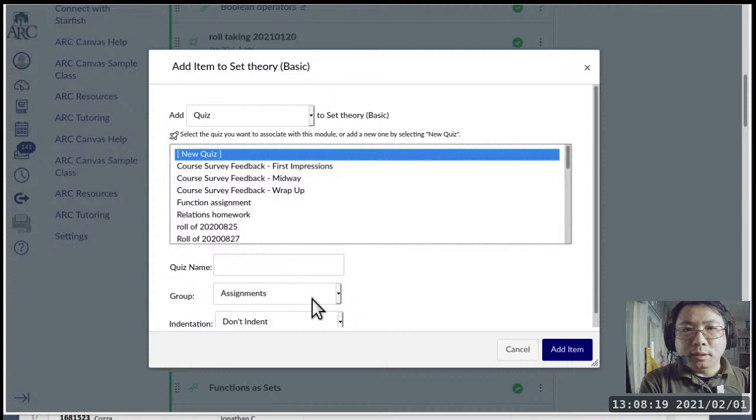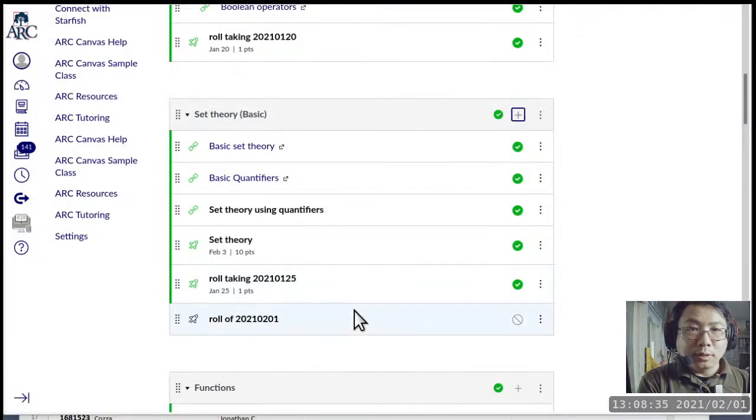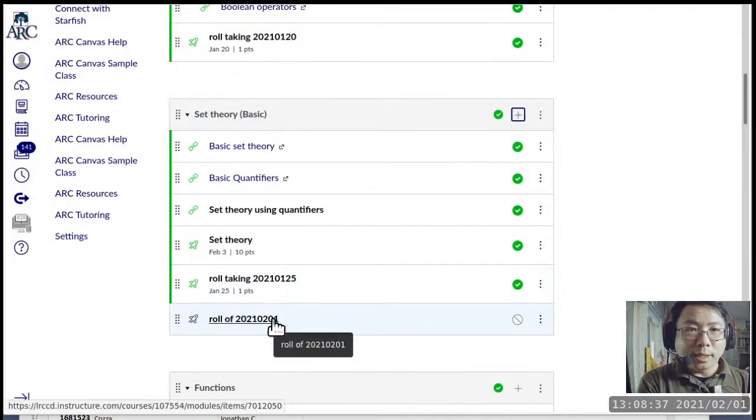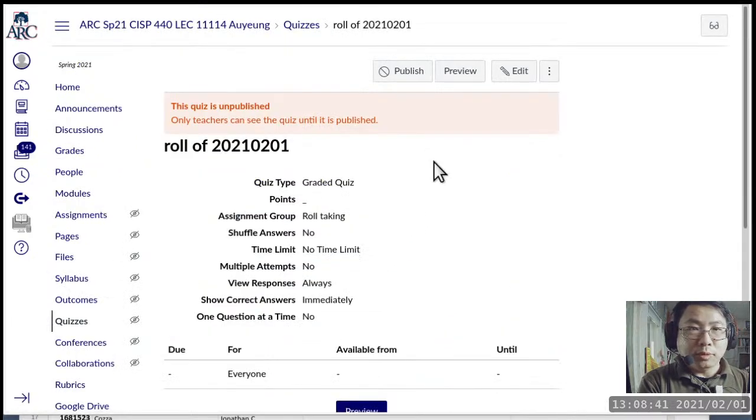Okay, so we get to here. The group is row taking, and we'll say this is row of 2021 0201. But as I'm doing this, you guys can continue to think about the program that I just wrote, which is in Discord.